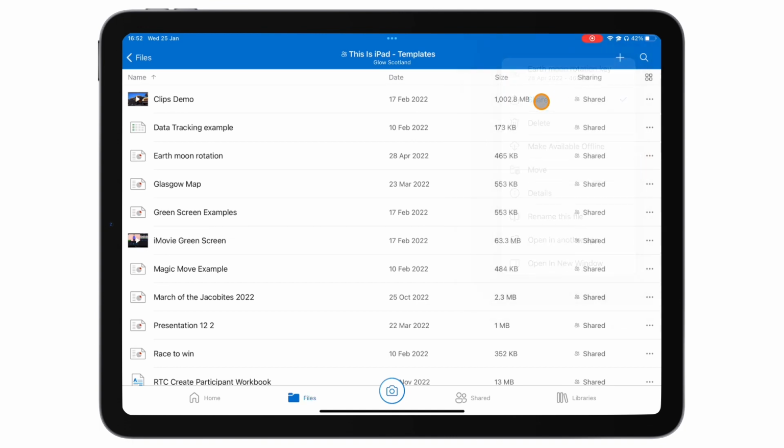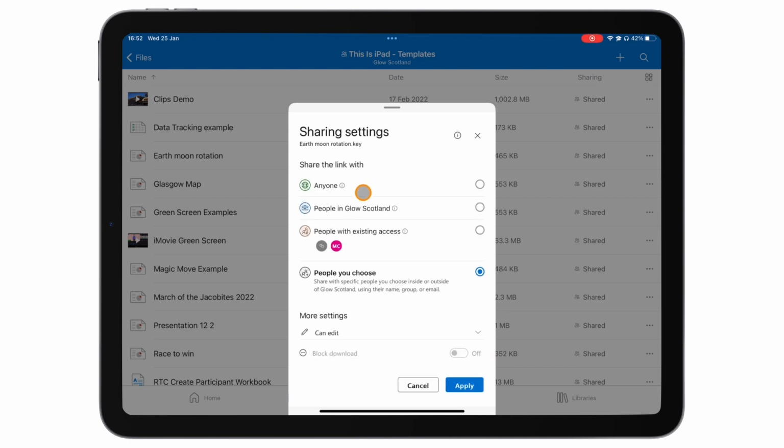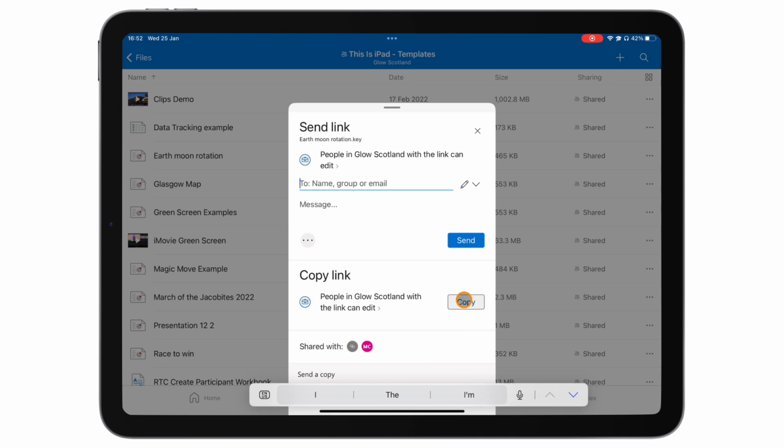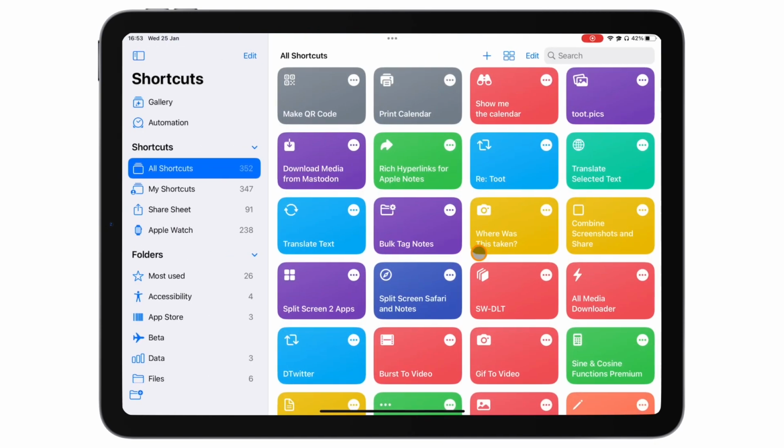So I'm in OneDrive here. I have a file that I'm wanting to share with pupils. It's maybe an example animation that I want them to use in Keynote. I can change the setting that only people in Glow Scotland. I'm sure you've done this several times, but the difference here is I'm going to use Shortcuts to generate the